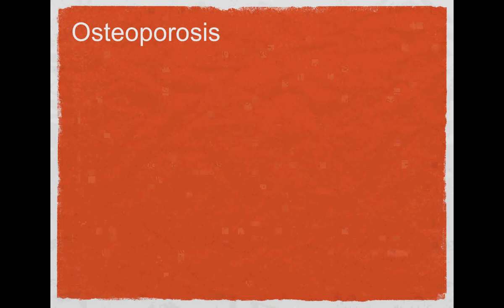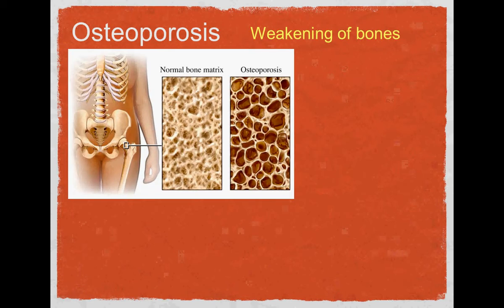So when we think about osteoporosis, again, this is the weakening of bones because of a lack of what? Water. No. Vitamin D. Vitamin A. No, it's not a vitamin. No, it's a lack of calcium. So when a person has a lack of calcium,